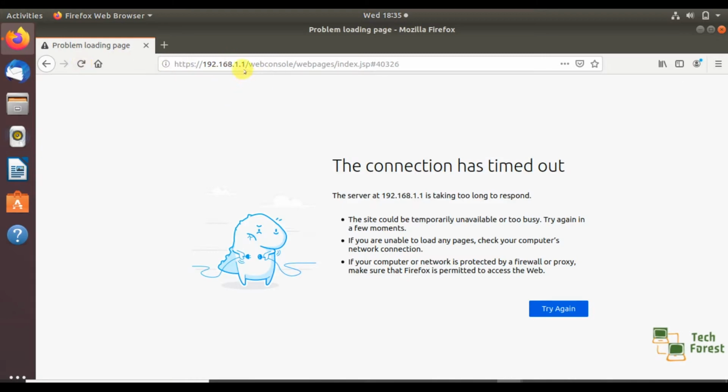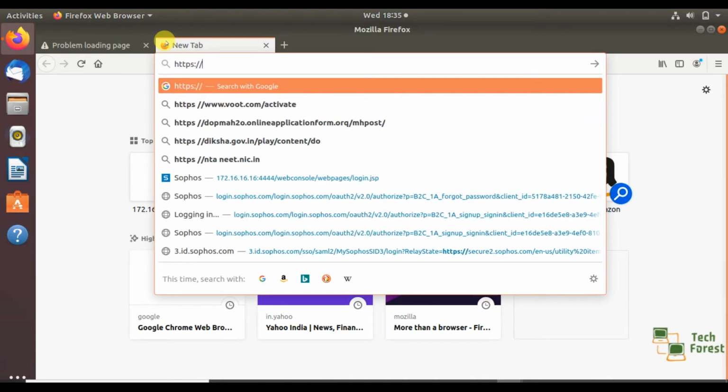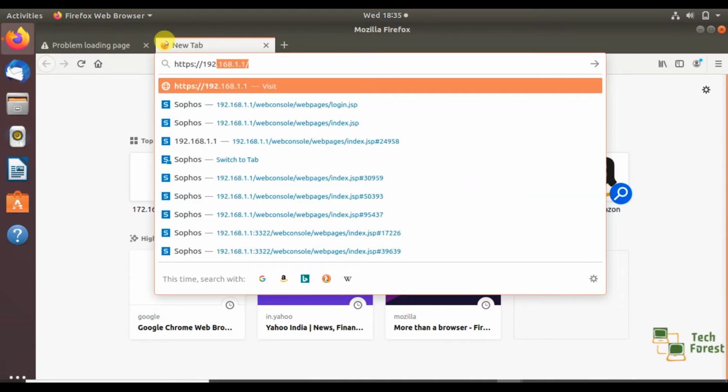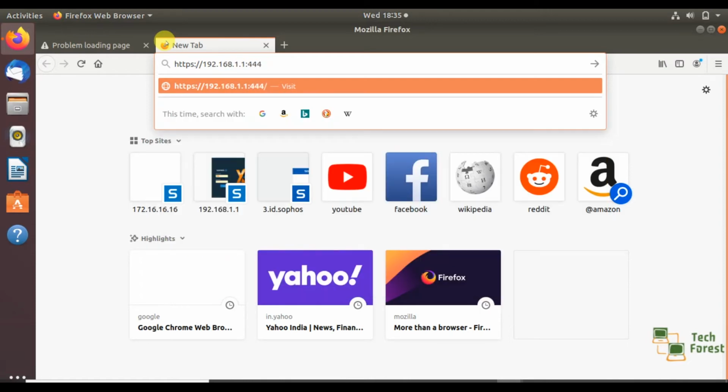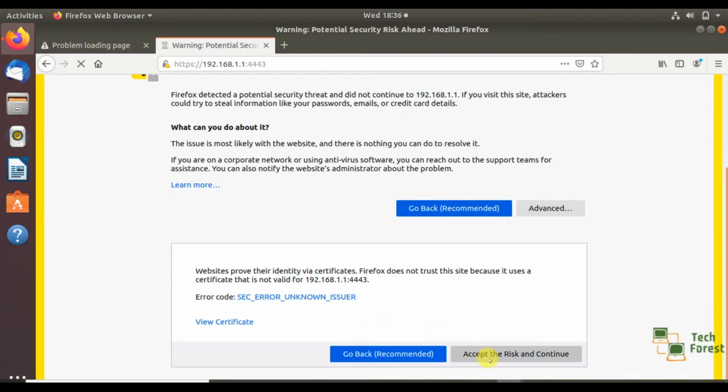This is showing connection timeout. If we go to another tab and type the firewall IP with the port number 4443, now I'm able to access this.